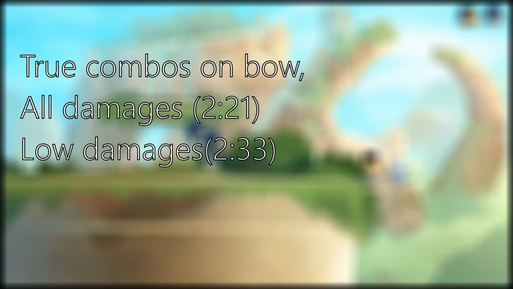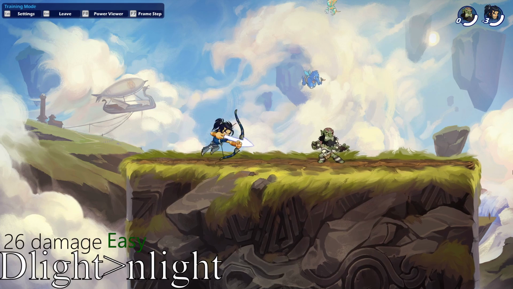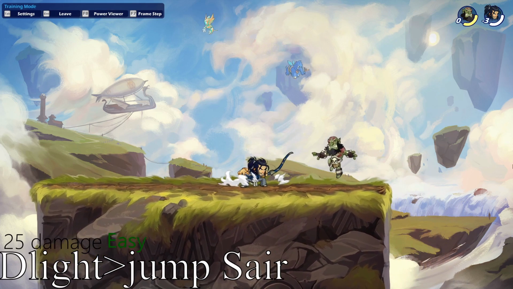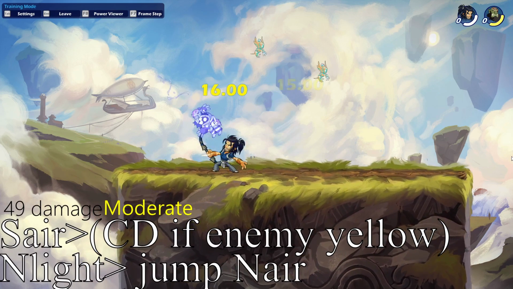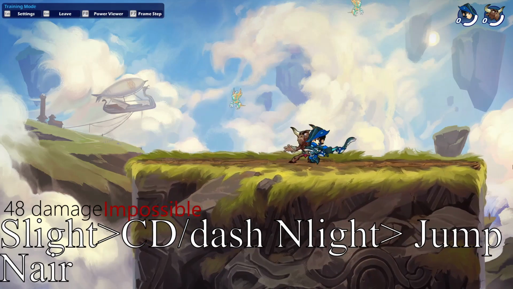True combos on bow. Some true combos with all damages are D-light endlight, D-light nair, D-light recovery, and D-light Sair. True combos at low damages are endlight nair, Sair endlight nair, sidelight chase dodge dare, sidelight chase dodge endlight, sidelight chase dodge endlight nair,